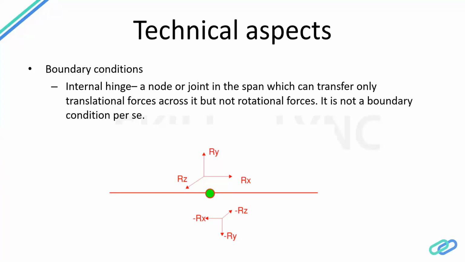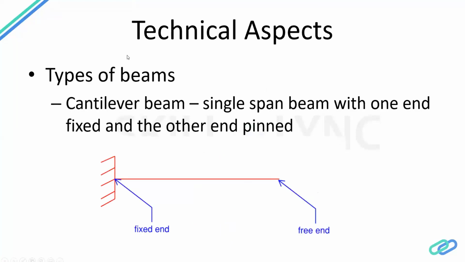So let's now try and cover some of the basic types of beams that we might already be aware of, just to touch upon them. The first one would be a cantilever beam, which I talked about before, wherein you have a beam with a free end at one end and a fixed end at the other end. So that's what I've denoted here. We have a fixed end on the side, and a free end over here. When we say free, that means that joint has no degree of freedom locked. But when it's a fixed condition, that means all 6 degrees of freedom are locked.